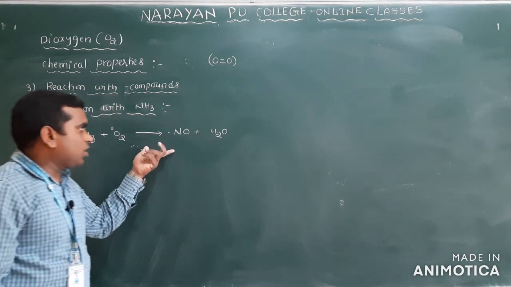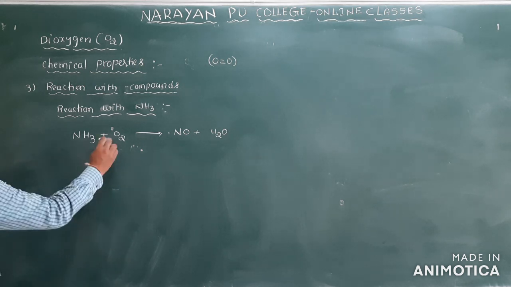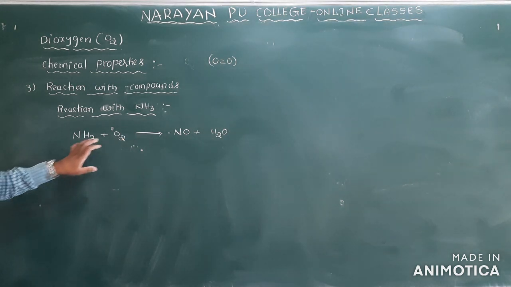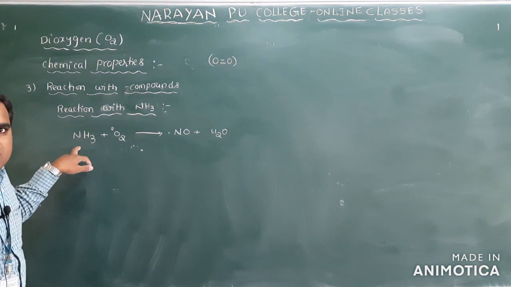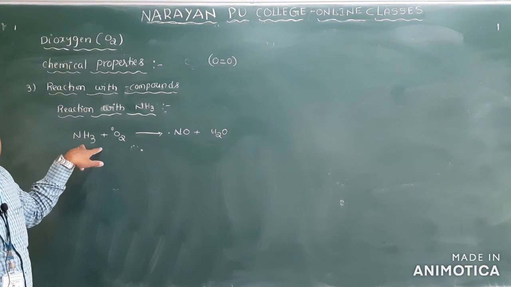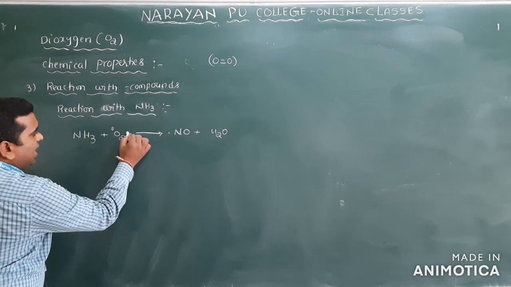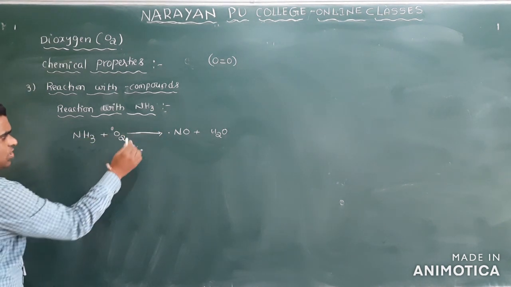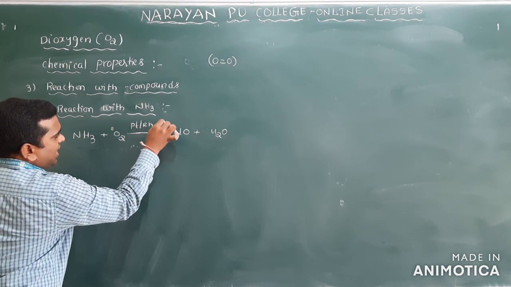In the Ostwald process, this is the first step. Clear? So ammonia reacted with what? Here ammonia reacts with oxygen. I mentioned here catalytic oxidation of ammonia by oxygen. That is the first step in the Ostwald process. I have also mentioned the catalyst here, you know, platinum and rhodium gauze catalyst.